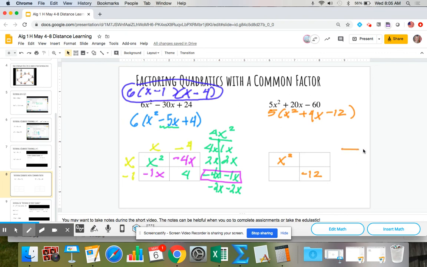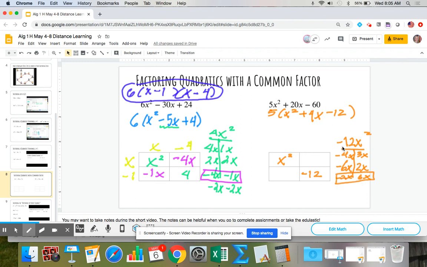strategy. And I'm going to think what times what is negative 12x squared. So one number has to be a negative and the other one has to be a positive. So maybe negative 4x times 3x. But that will not add together to equal my middle term. So how about negative 6x times 2x? Those two are almost right. I just need positive 4x. So I'm going to switch my signs, and I'm going to call this negative 2x times positive 6x. So that's the combination of factors that I want